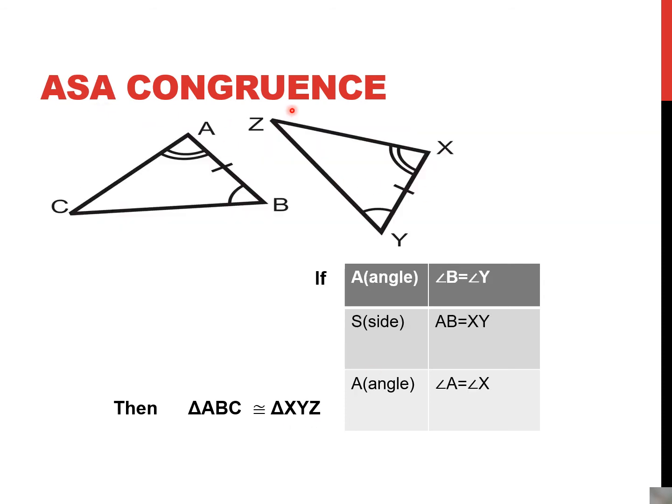Then we have ASA congruence. Here you can see angle B is equal to angle Y, angle A equal to angle X, and AB is equal to YX. Means the side is included between the two angles. Here you cannot take any other side like BC or AC, right? So triangle ABC is congruent to triangle XYZ. The order is very important. Again, as I told you, AB is equal to XY. So you cannot write here YXZ, right? It has to be XYZ because the first two letters you have to see AB.